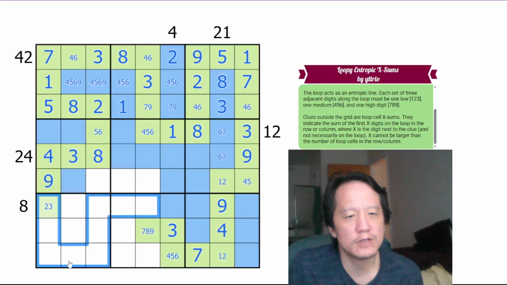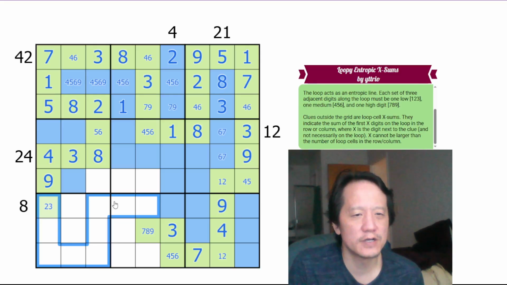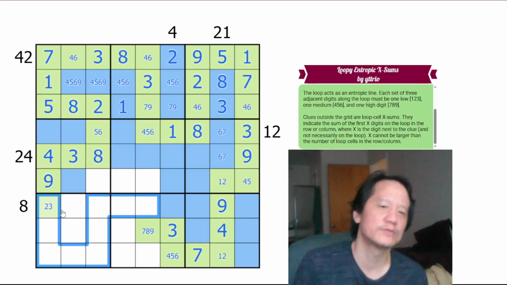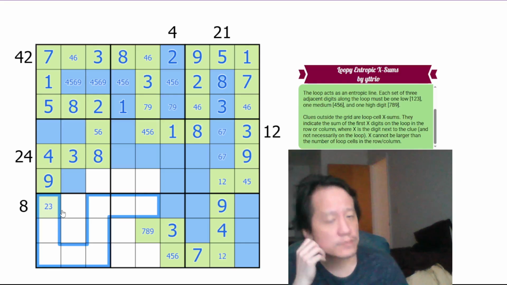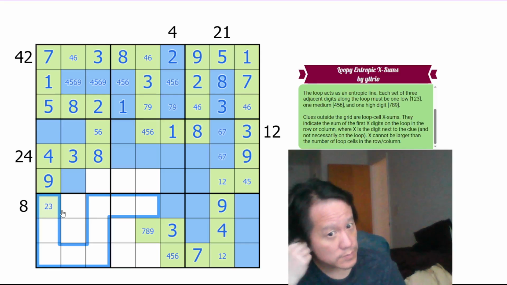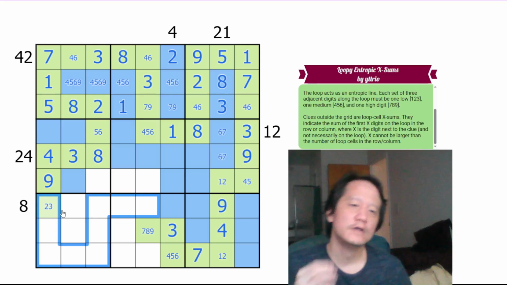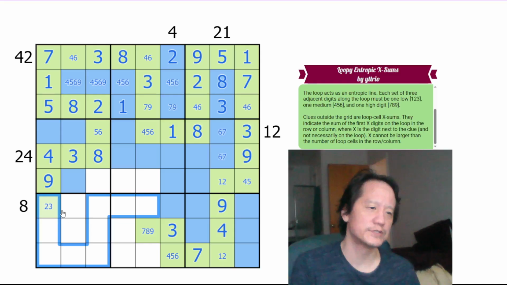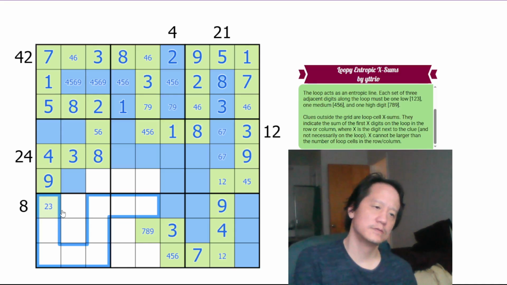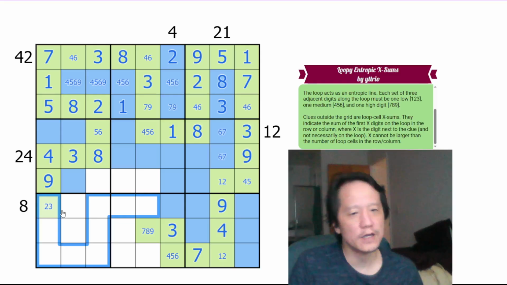So this would be low. 1, 2, low. That would be possible. But the next digit could be, yeah, so 3 could work actually. Yeah. So 3 is viable. 2 could work with 6. And